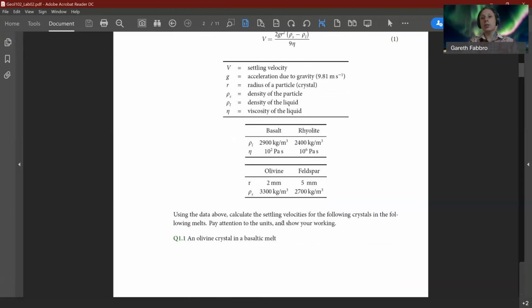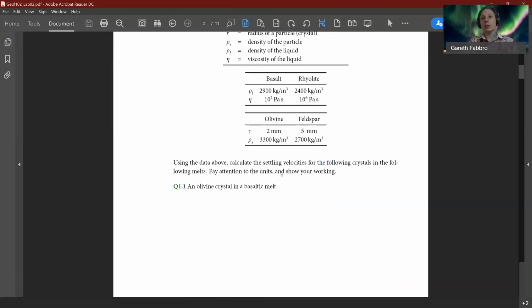So the questions here will ask you to calculate the settling velocity. So this should be fairly simple. You have one for an olivine crystal in a basaltic melt. So let's